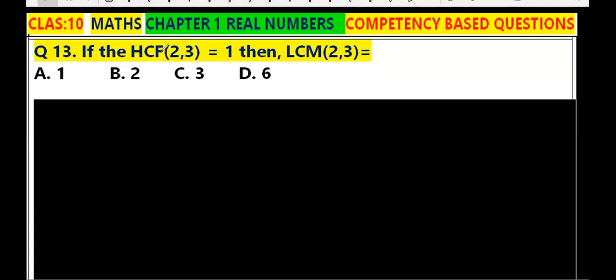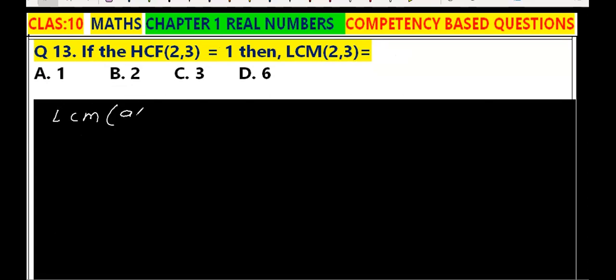If the HCF of the two numbers 2 and 3 is 1, then what is their LCM? पहले दो तीन तरीके से इसको कर सकते हैं। देखिए 2 and 3 दोनों प्राइम नंबर हैं, को-प्राइम नंबर हैं, तो इनका जो एलसीएम होता है इनके प्रोडक्ट के इक्वल होता है। और दूसरा एक फॉर्मूला हम फिर से लिखते हैं यहाँ पे,